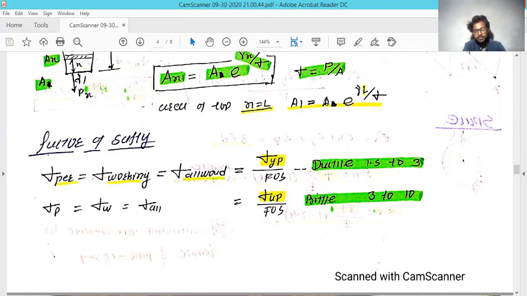So now we move to the factor of safety. Basically we know that ductile material has a factor of safety of 1.5 to 3, and brittle material has a factor of safety of 3 to 10. And most of the time, if you look at the aerospace industry, they use a factor of safety which is nearest to one, and almost always they try to keep it as low as possible. So why do they take the risk in such a critical matter? Because most of the material used for the aeroplane is completely ductile material.